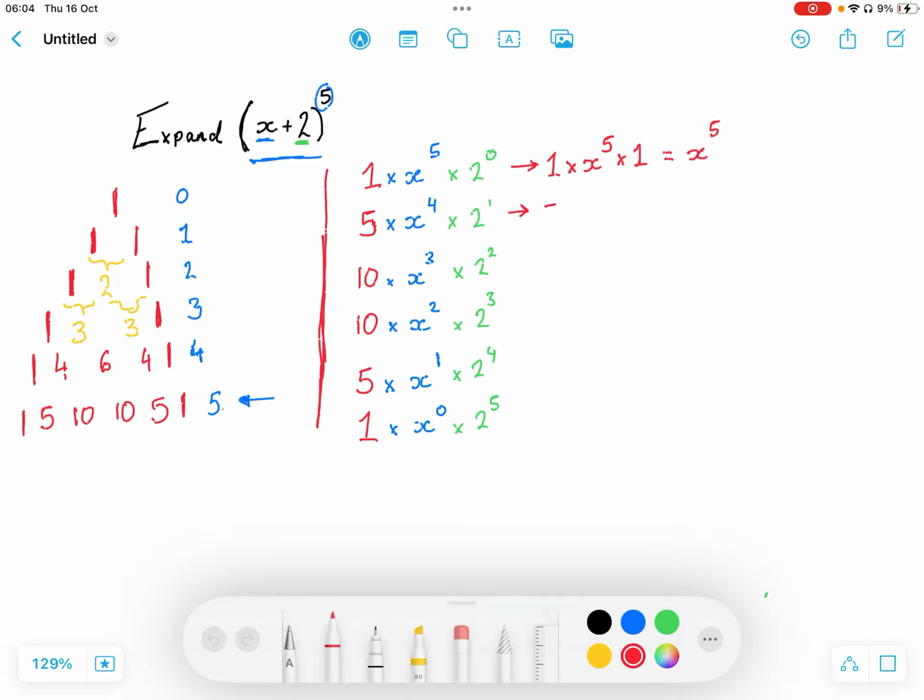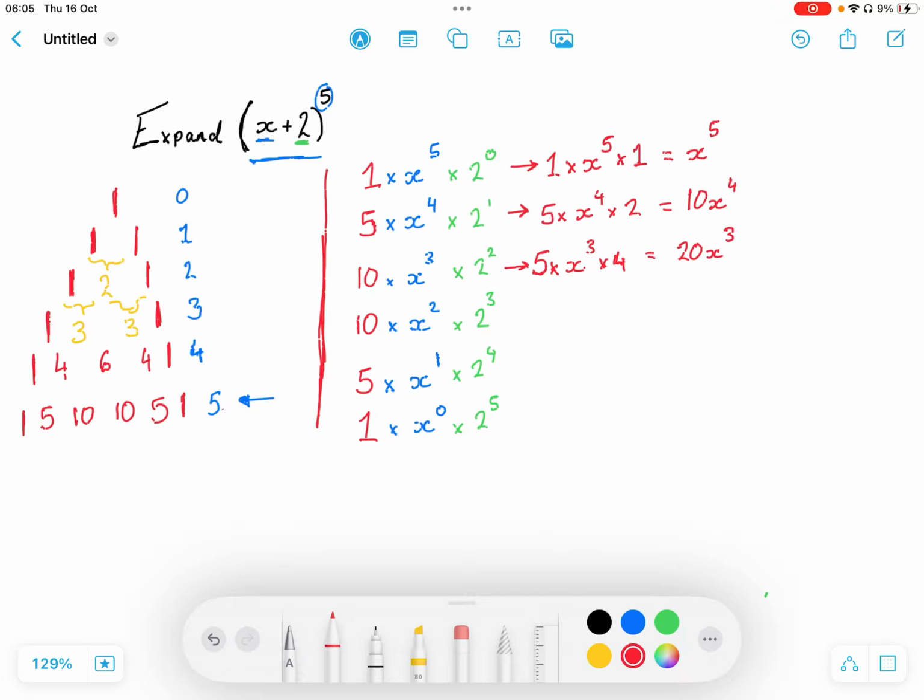This is going to be 5 times x to the power of 4 times 2. Well, 5 times x to the power of 4 is obviously 5x to the power of 4, times 2 is going to be 10x to the power of 4. Okay, for the next one, 10 times x to the power of 3 times 2 squared. Well, 2 squared is 4, so I can just write 5 times x cubed, x to the power of 3, times 4. Well, 5 times x cubed is just 5x cubed, times by 4 gives me 20x